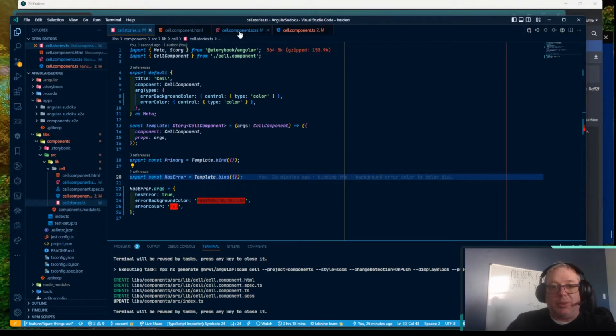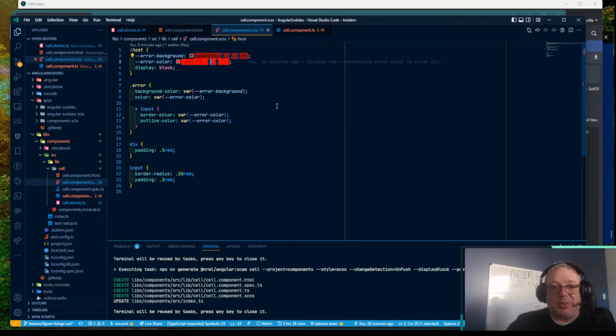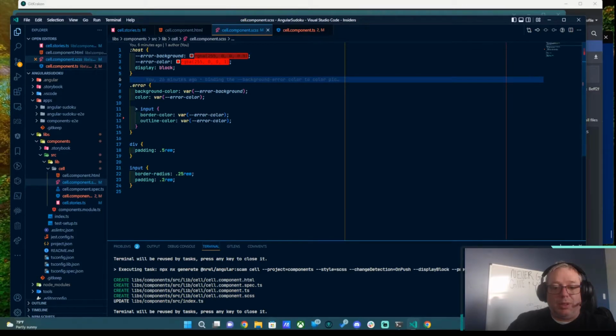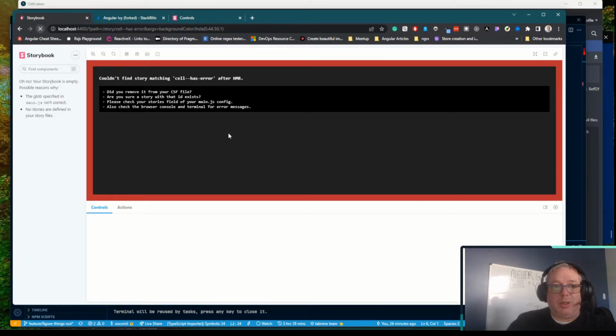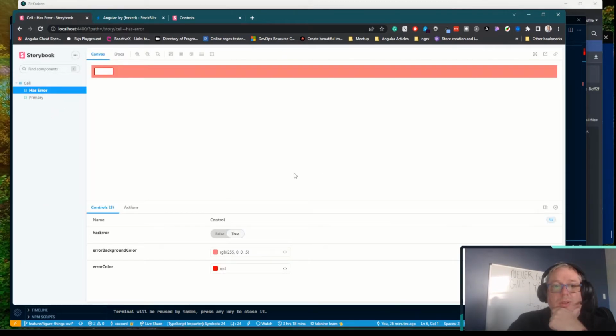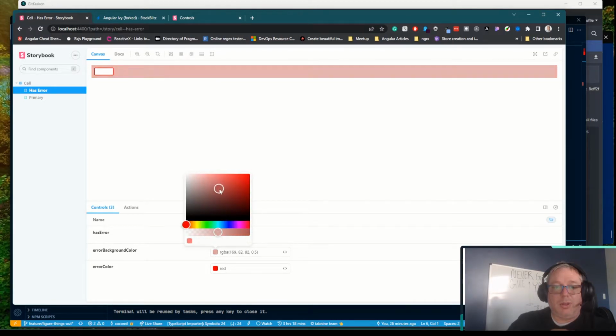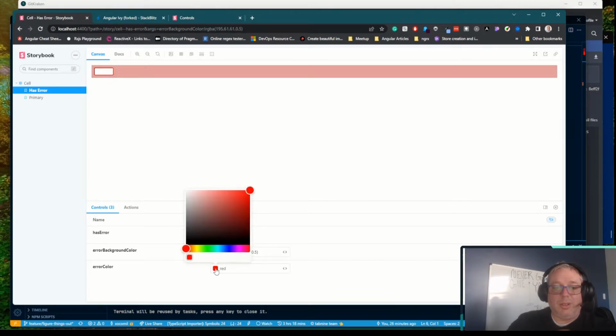The other thing I should do is just here in the CSS, I'll leave it as an RGB. But that should, there we go. And now, yeah, now we can style our cell color, and